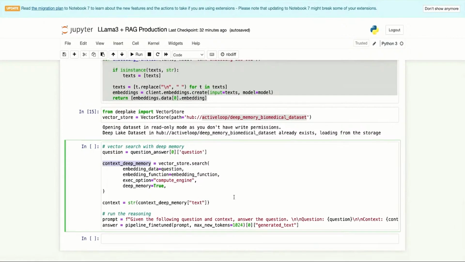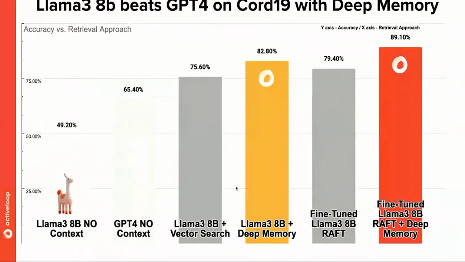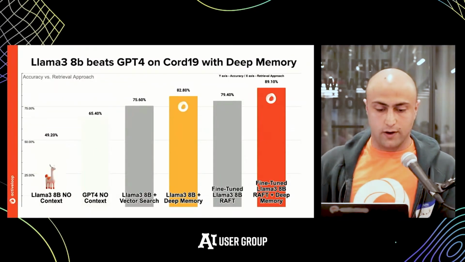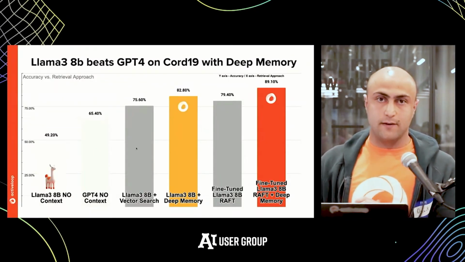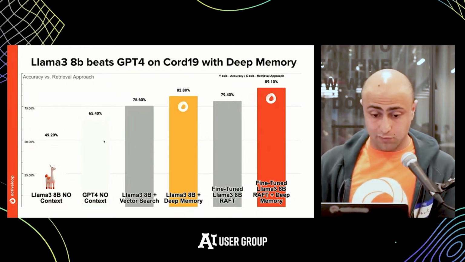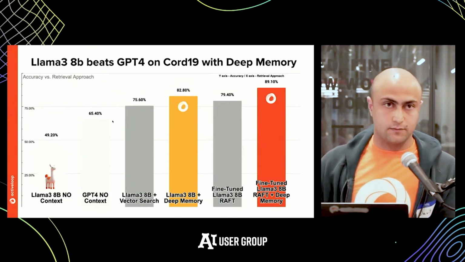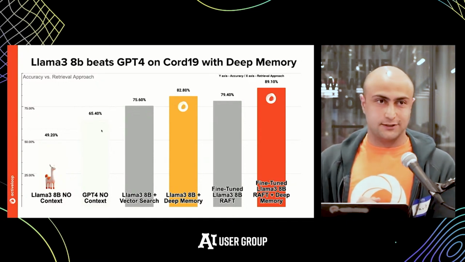So hopefully I didn't get into too much. But yeah, this has been a basic example of how you can improve your own RAG pipelines, going from using an 8 billion parameter model that can be deployed in production at enterprises to surpassing GPT-4 accuracy here. Thank you very much.